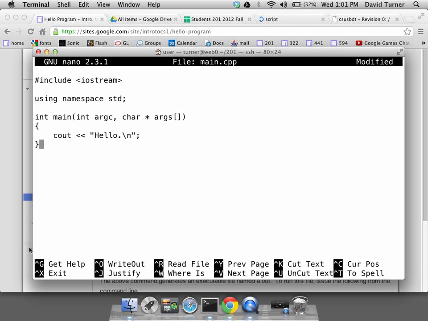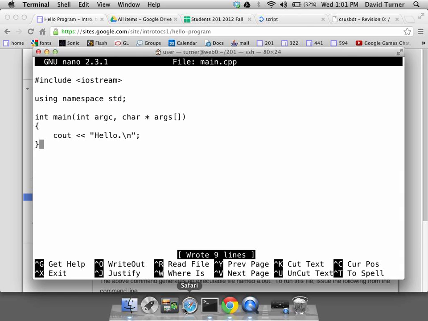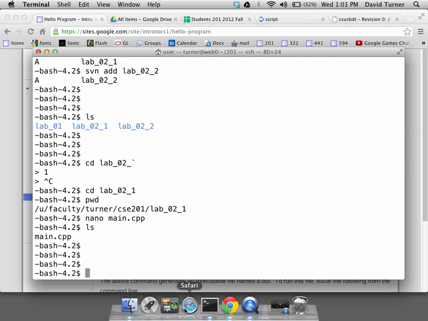And now I'm not just going to exit because I have to write the file. So it's down here, write out. So it's Control O and Control O. File name to write, main.cpp, enter, and then Control X. So you really need only 2 commands, Control O, Control X. Of course, if you want to do more editing on the file, you'll need to learn other commands. There is the file,